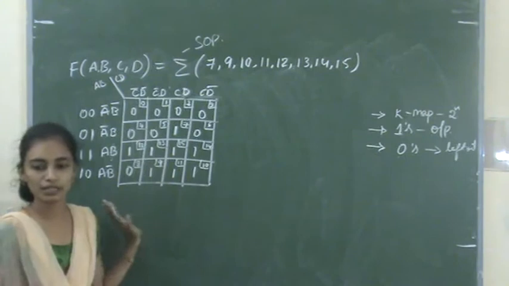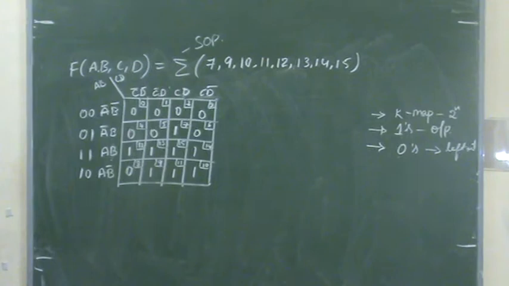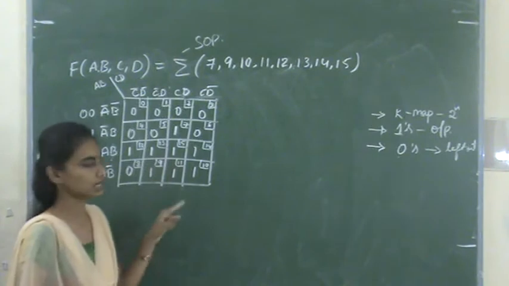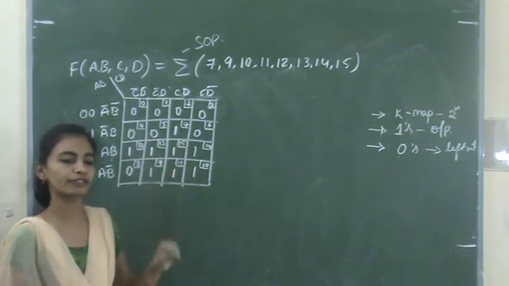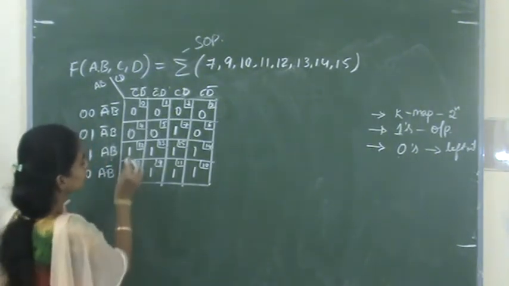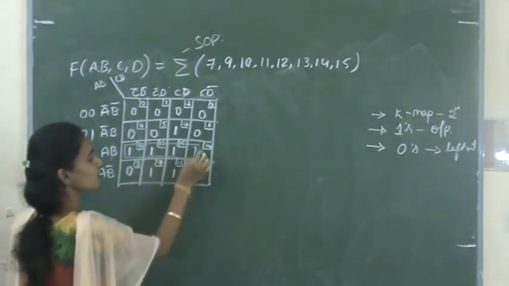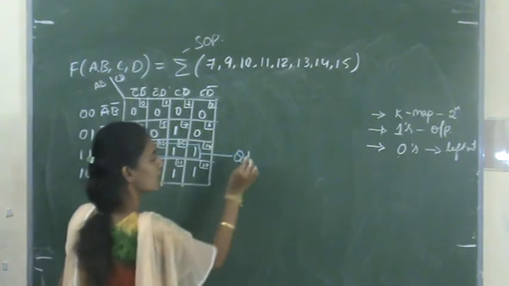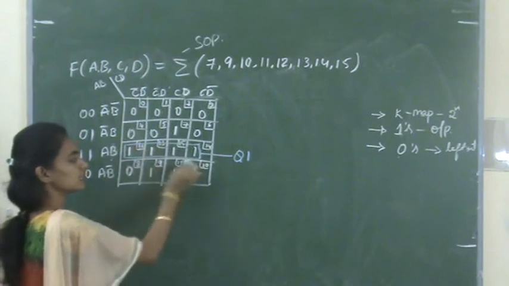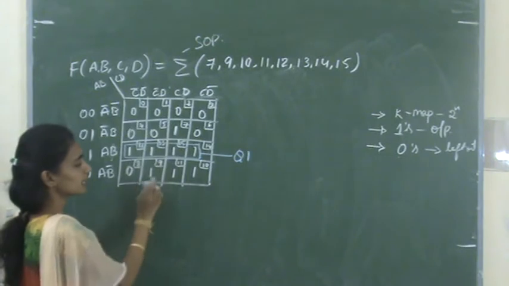Okay. So now the K-map is filled. After entering these values, we have to encircle the ones. So how to encircle the ones? We know different methods, right? So according to that, we have to encircle the ones. See, here we have 4 ones. So can I make these 4 ones a quad? I am mentioning this as quad 1. Q1 is quad 1. Okay. So I am encircling these 4 ones. After that, we are left with 1 here and 3 ones here.